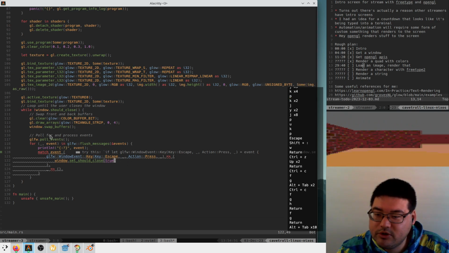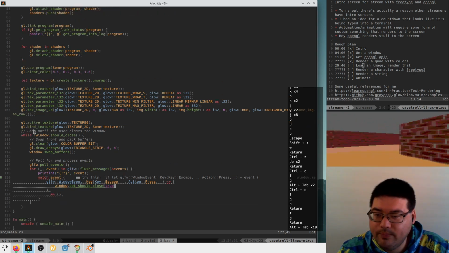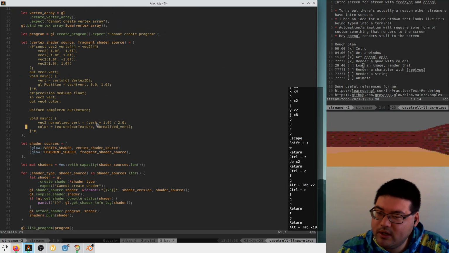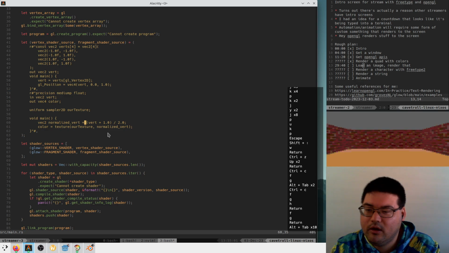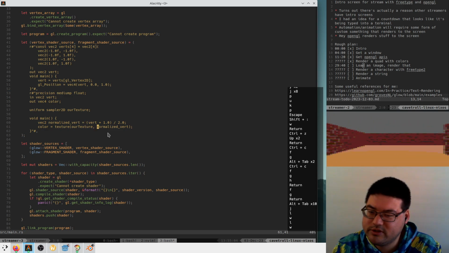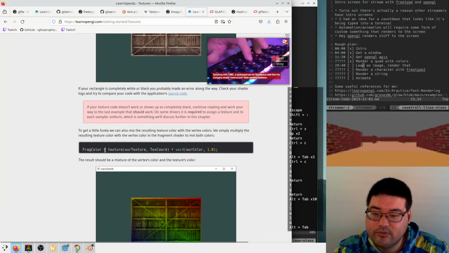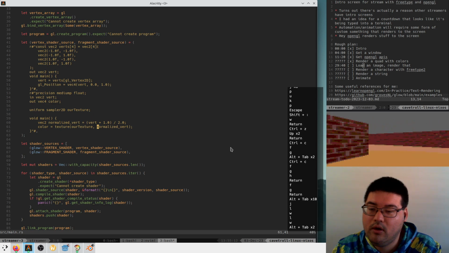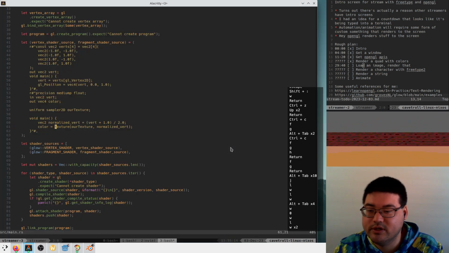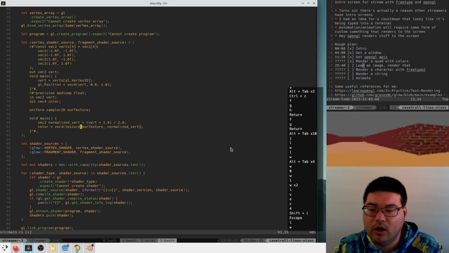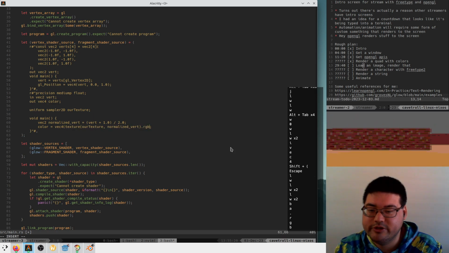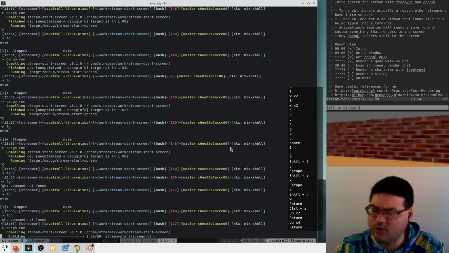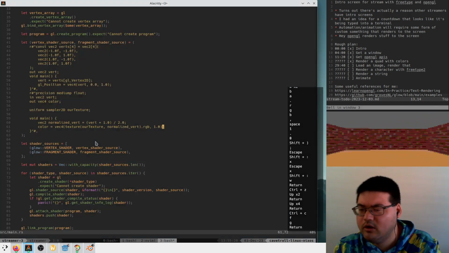So maybe we can double check in our fragment shader. We know that our normalized verts are right. Are we calling the texture call right? Texture, our texture, text coord. Oh! Maybe our alpha is always 0, so here we can say RGB and alpha 1.0, just to double check, because it doesn't have alpha in the texture. I think it should end up being 1.0 by default, but